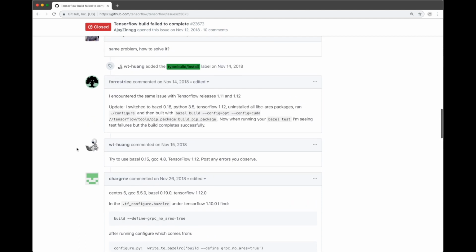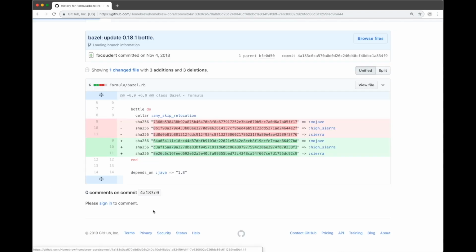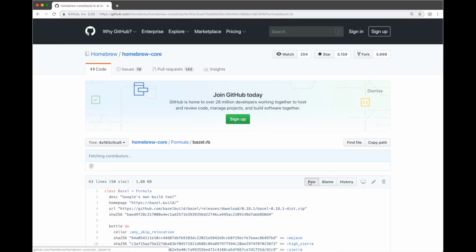Here's somebody offering a suggestion, which is something we tried before, but maybe we did it wrong. Here they're saying TensorFlow compiles under Bazel 18, and we started with Bazel 20, then we backed up to Bazel 19, so maybe we need 18 instead? So apparently we need a 3-version-old copy of Google's build system to build Google's machine learning library, even though none of this is mentioned anywhere. Let's just jump back over to the homebrew repository in the Bazel history, grab the Bazel formula for 18, copy the URL for the persistent Bazel 18 version,